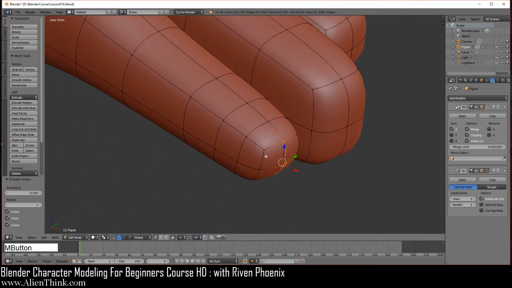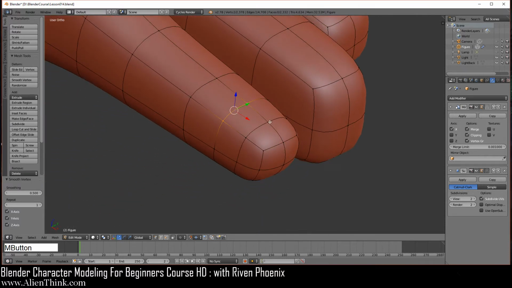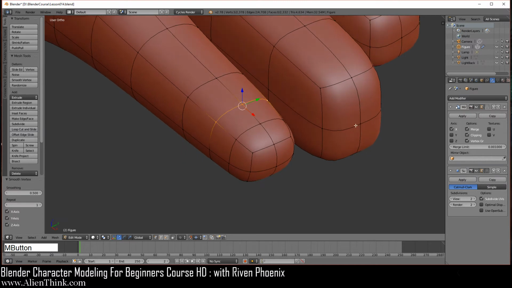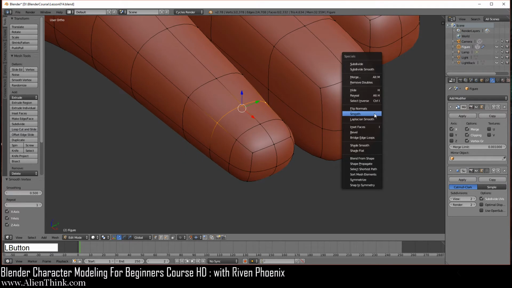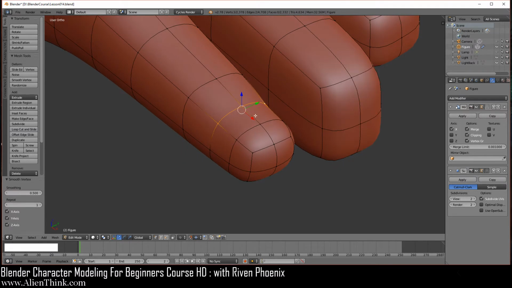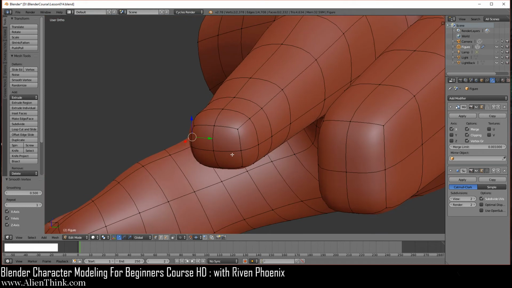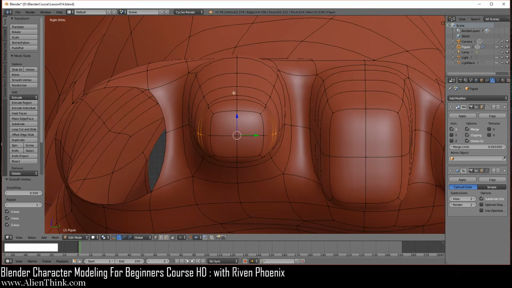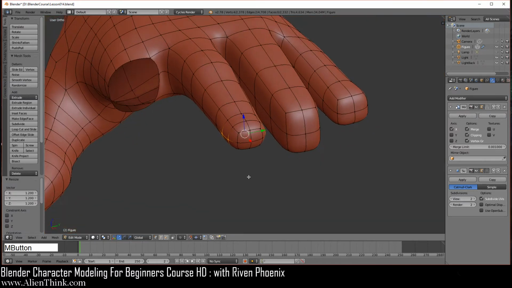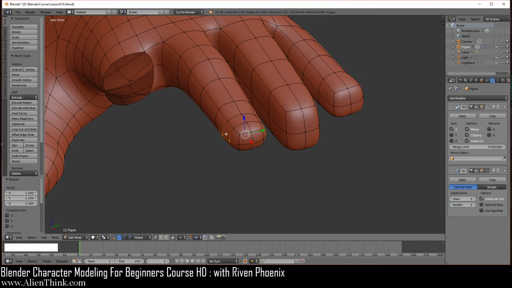Now we can rotate over here. Click on these three vertices, just do W smooth, 1 and then 2, right? So this will set up to where the nail is going to be. So now we're going to go ahead and select on these two vertices and shift key down these two. Now just press the 3 key over here. This will just go into your right view, and you're going to press the S key to scale and then do 1 and then 2. So we're just going to bulge this fingertip out right now.